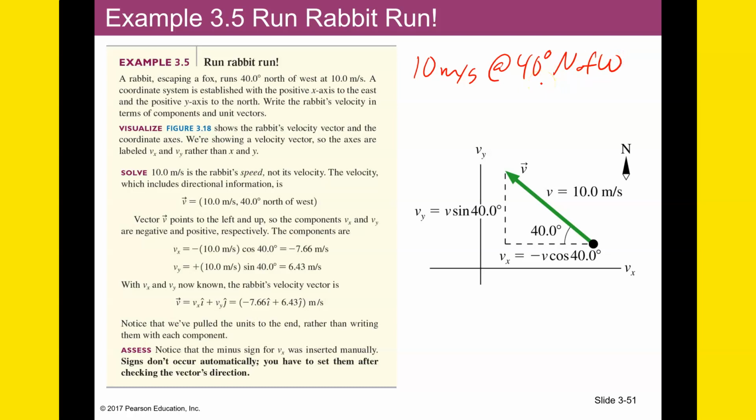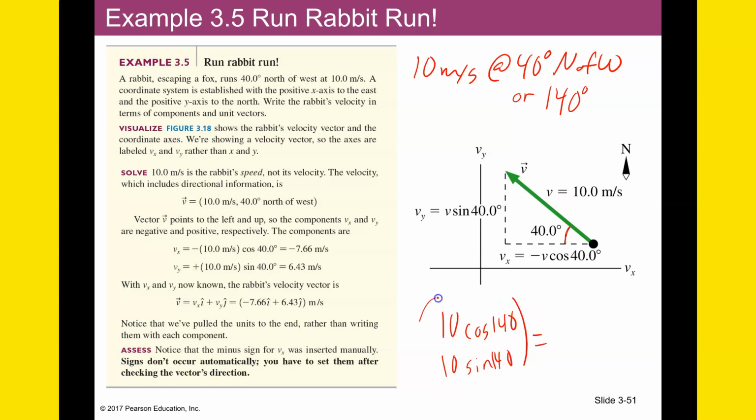What do I like to do? I like to get it as a standard angle if I'm breaking it down to components. So 40 degrees north of west would be 40 degrees less than 180 degrees. So that'd be 140 degrees as a standard angle. So breaking it down to components would be 10 cosine 140, 10 sine 140,